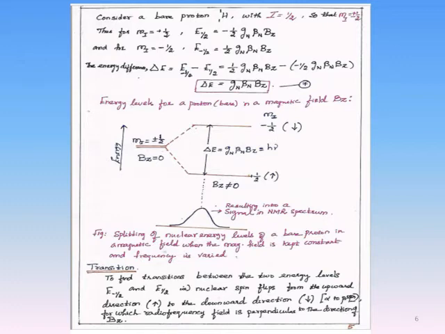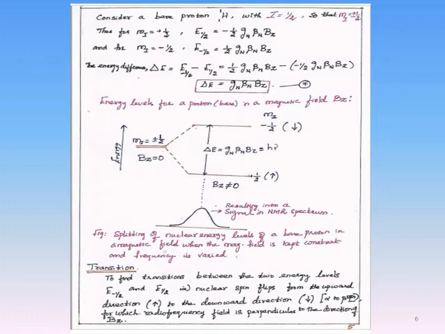This is given in this diagram, the splitting of the nuclear energy levels of a bare proton in a magnetic field, where the magnetic field is kept constant and the frequency is actually varied. Here the transition takes place from the lower energy state to the higher energy state, that is, E plus 1 by 2 to E minus 1 by 2. So the nuclear spin actually flips from the upward direction to the downward direction, that is, alpha to beta spin, for which the radio frequency field is perpendicular to the direction of Bz. This transition will lead to a signal, and that is observed in the NMR spectrum.